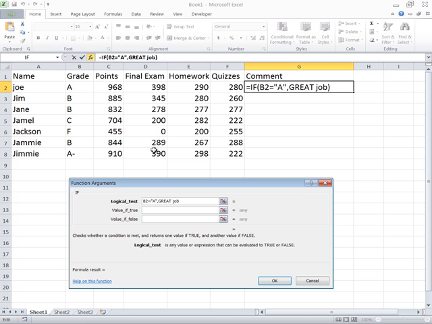Maybe I'm going to put this in a letter or something, but this is the comment I want to make. "Great job. Keep up the great work." Period. And double quote mark. Now, what if it isn't an A? Maybe it is an A minus. So I could say, again, if,